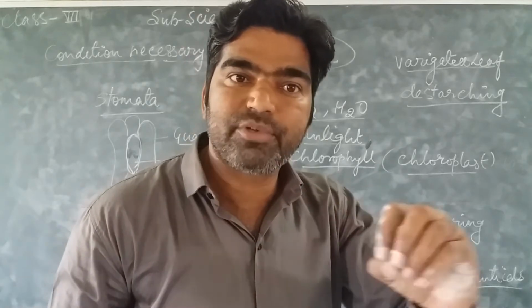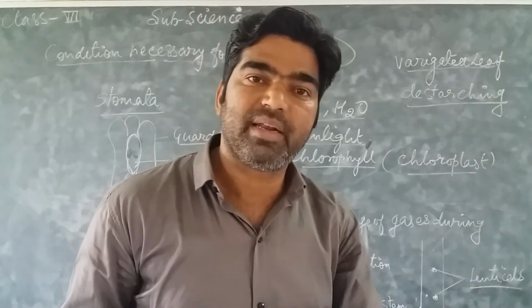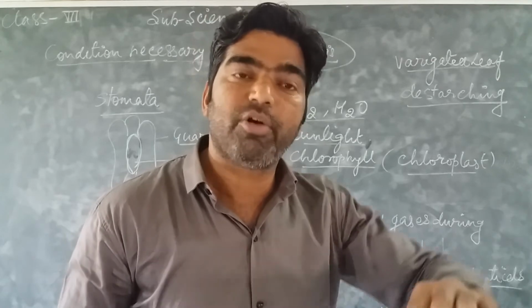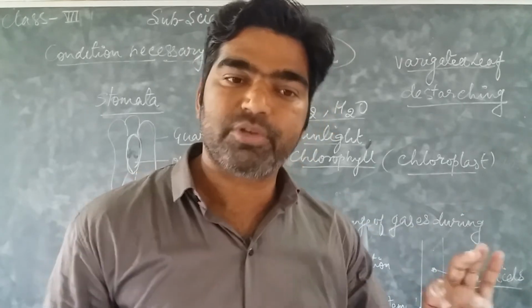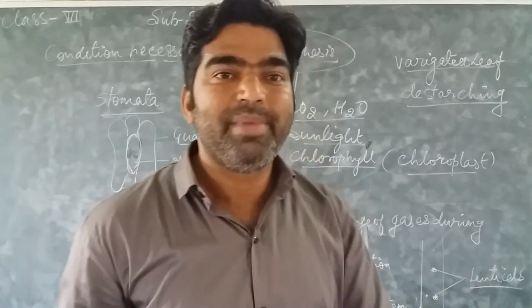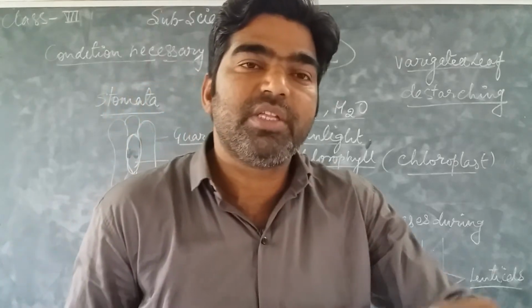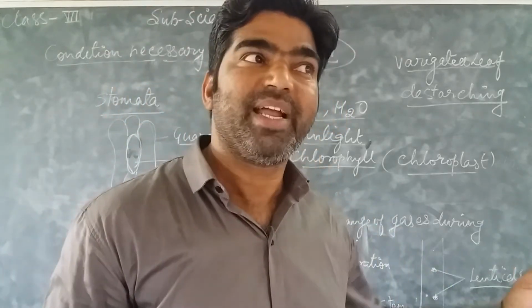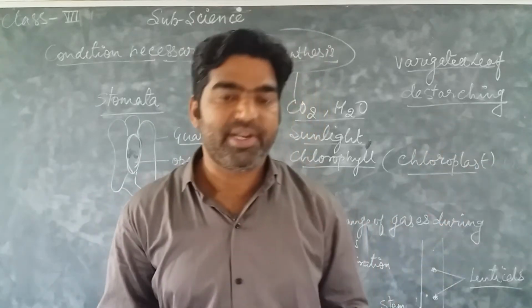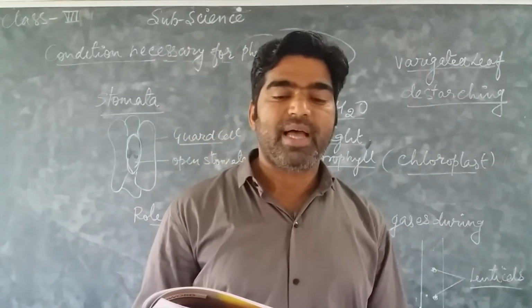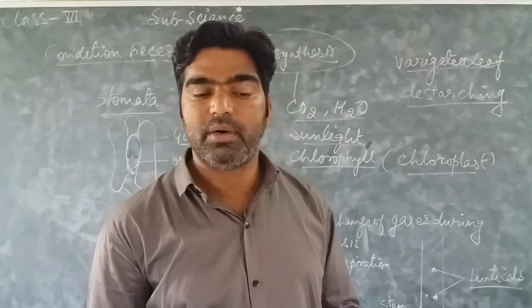Whatever the amount of starch present in the leaves can be utilized when it is not exposed to sunlight. This process is called what? Destarching. Means जब sunlight में नहीं होगा तो क्या होगा? जो भी उसके अंदर stored food है starch के form में, that food can be utilized by the plant. Now keep the plant in the sunlight for about 6 to 8 hours.